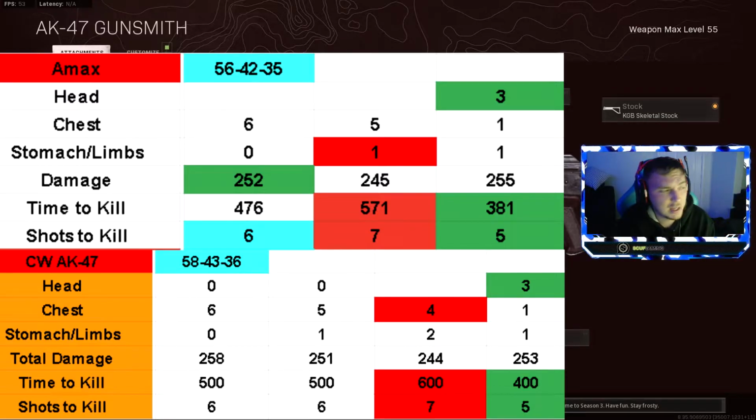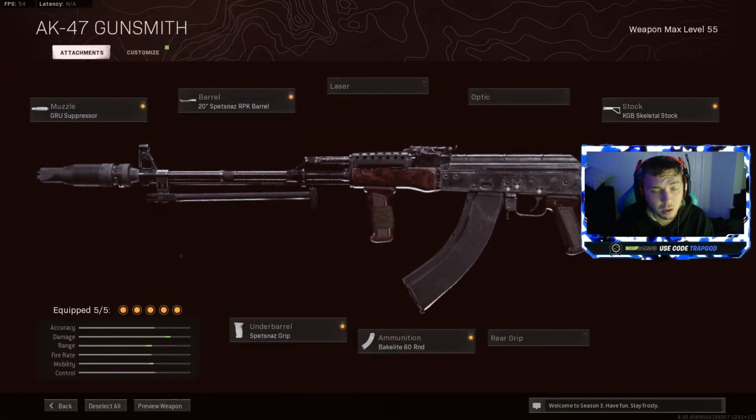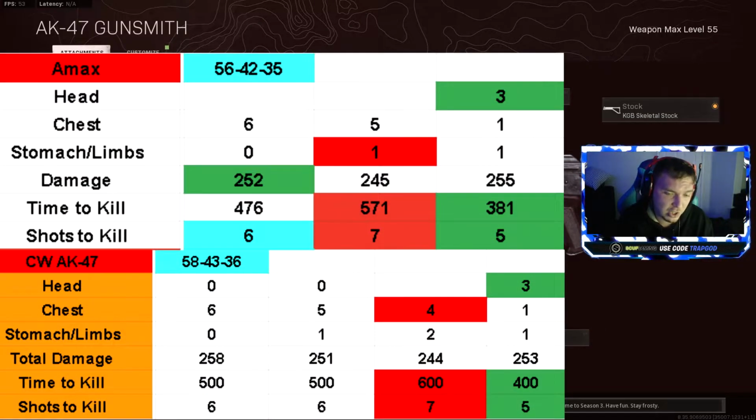And one of the big negatives, it does take 3 headshots to lower the time to kill, which is pretty much impossible because this gun does have a lot of vertical recoil, but it might kick to the head. So the odds of you getting a lower time to kill in 500 milliseconds is definitely not possible. But to get a lower time to kill than 500 to go to the 600 is definitely possible. But as you guys can see with the AMAX, it requires 100% chest shots. So this gun is more forgiving in order to maintain the time to kill,